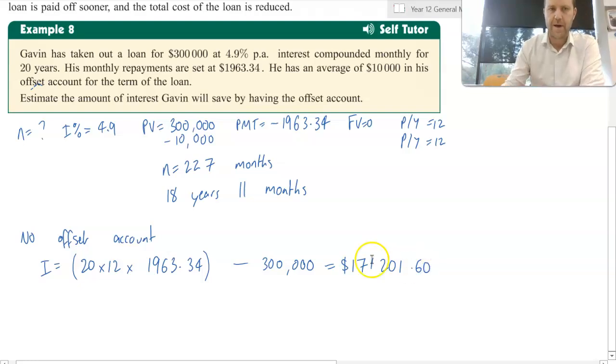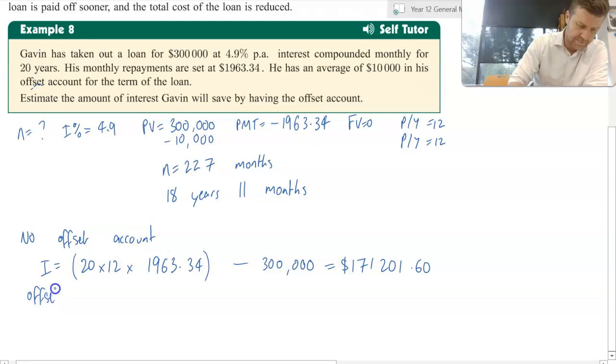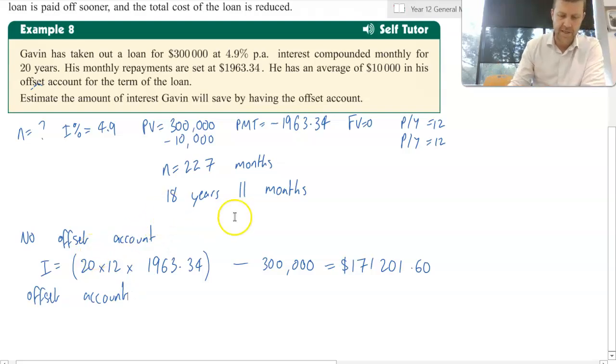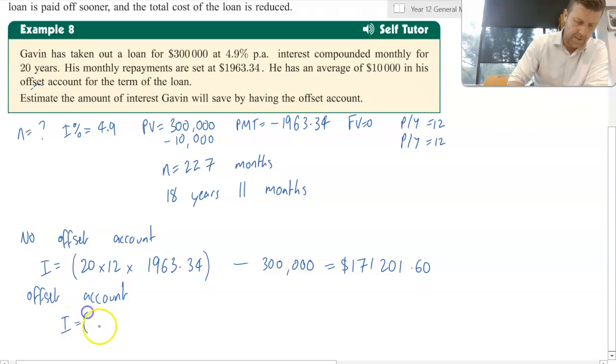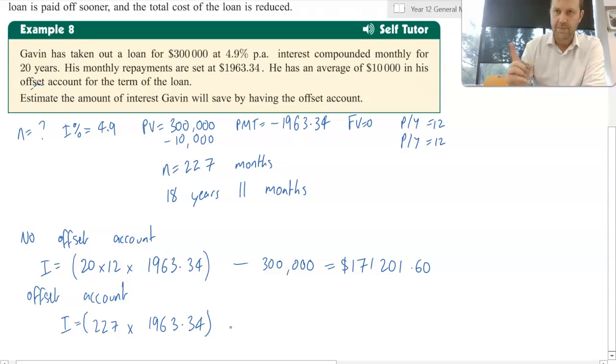But how much interest would he pay if he had the offset account? So with the offset account, he's not paying a full 20 years. He's only paying 18 years and 11 months, or 227 months in total. So the amount of interest he pays here is 227 times the minimum monthly repayment of $1,963.34. But before I subtract the amount he borrowed, I'm also going to add the $10,000,